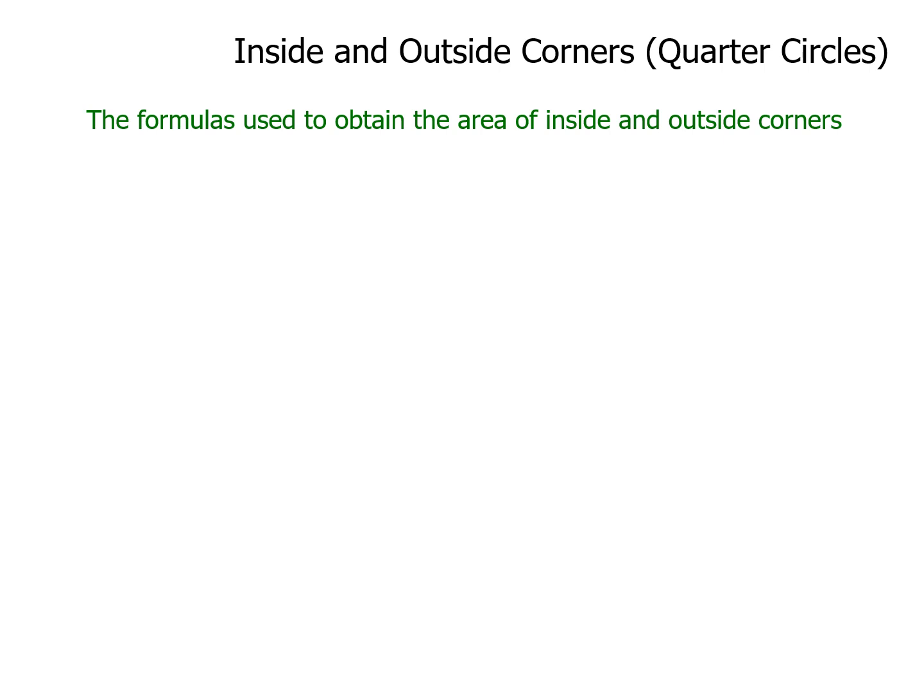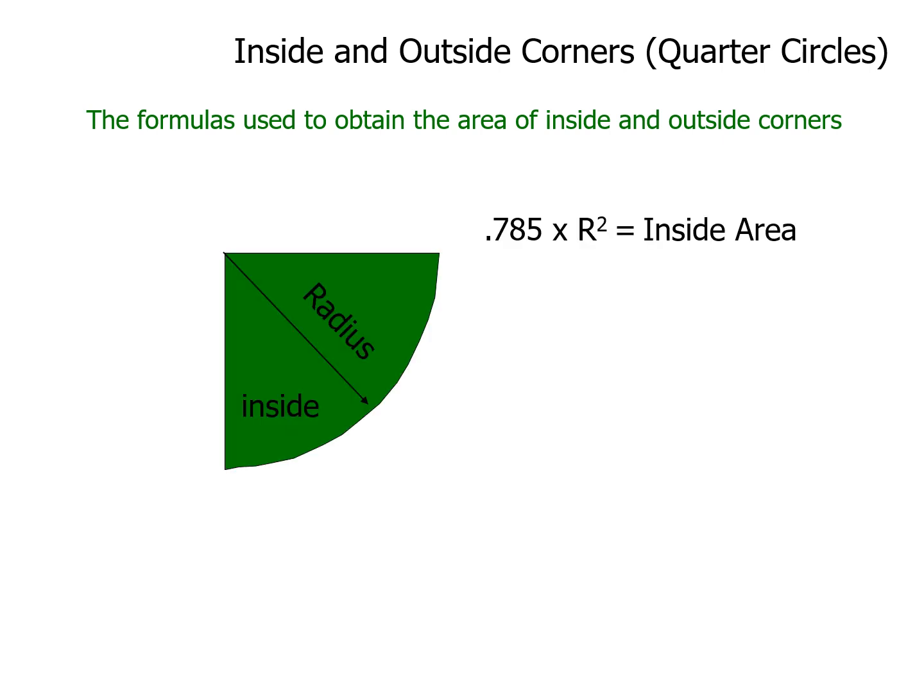So let's look at these formulas. They're not that bad, and they're nice when you understand them. This is a quarter of a circle, and if I'd say, well, how many square feet is there? I'd say, well, I could just go pi r squared and divide it by 4. Pi times radius, divided by 4, is a quarter of a circle. Yes, that is it. Just pi times the radius again. That would give me the area of a complete circle. Divide that answer by 4, a quarter, and that's going to give me the area there.